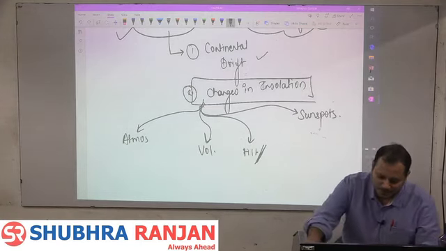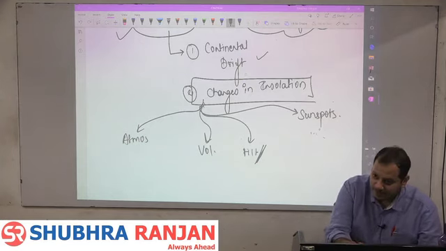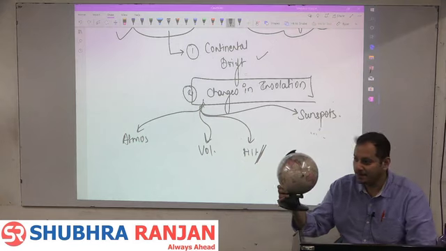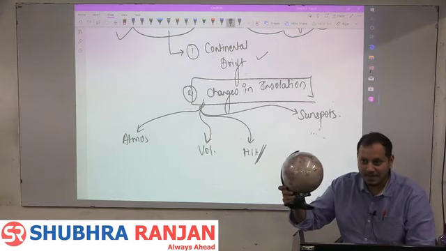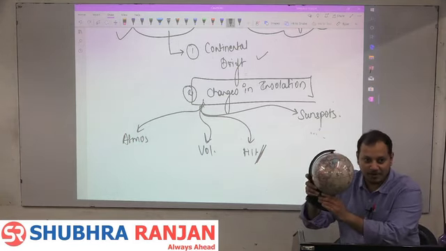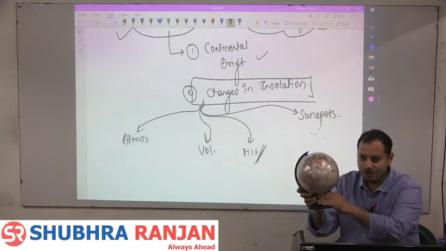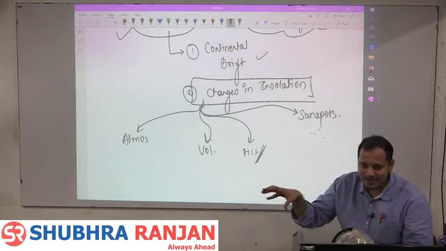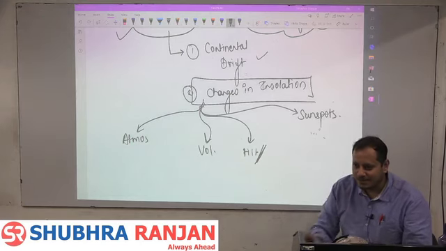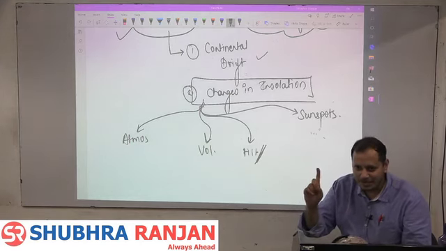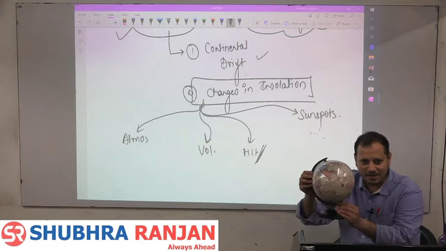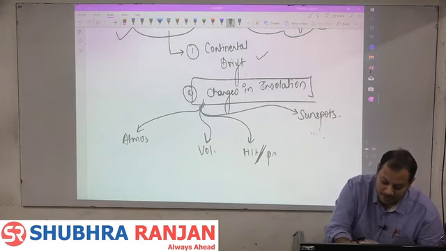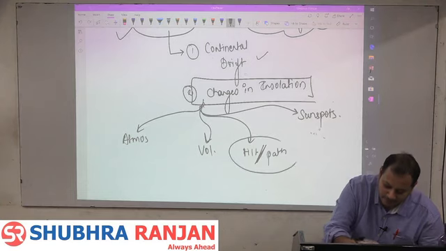Getting it? So the tilt keeps on changing. How much is the tilt of the earth? 23.5. But the earth's tilt varies from 21 degrees to 24 degrees. For the last 6,000, 7,000 years, it is 23 and a half. But it does not mean that it is going to be 23 and a half only. It will keep on varying. And so either the tilt or the path changes. Understanding? And this we will call as